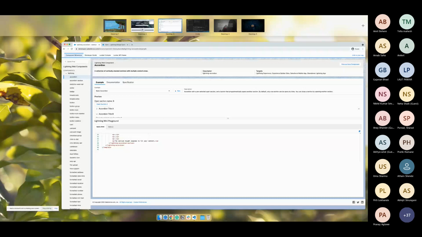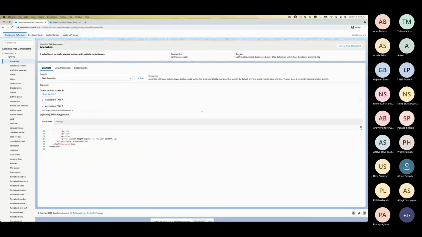So we have gone a little bit faster on this. This is just an overview. Basically, you create a Lightning component and you can use it the same way across the different platforms, and the way it works in a community is similar. Only in the community, you need to make sure you are following all the standard design considerations when you build those components.